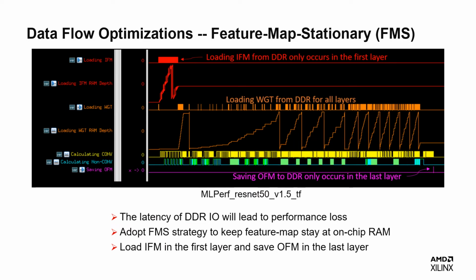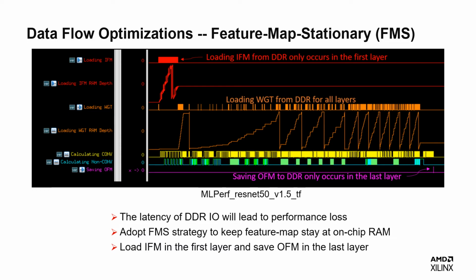Typically, data flow of feature map between layers have to interact through DDR I/O. Reading and writing of DDR are flexible through AXI4 interfaces, but the large latency of DDR I/O will lead to performance loss. Therefore, we adopt feature map stationary strategy, aka FMS, to keep feature map stay at on-chip RAM during its life cycle. In this way, not only bandwidth pressure of DDR I/O is reduced, but also data acquisition time